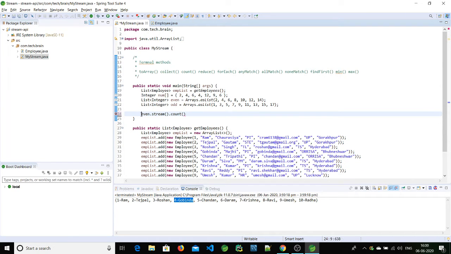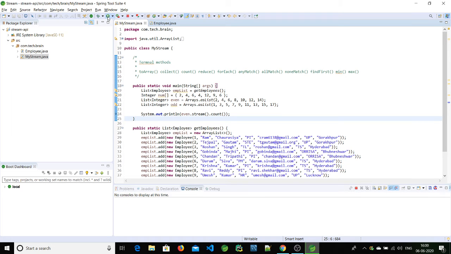So let's print this and see how many numbers are there in this even array, even list. So we have 7 elements. So we can use the count method to get the number of elements of a list or array of a stream.